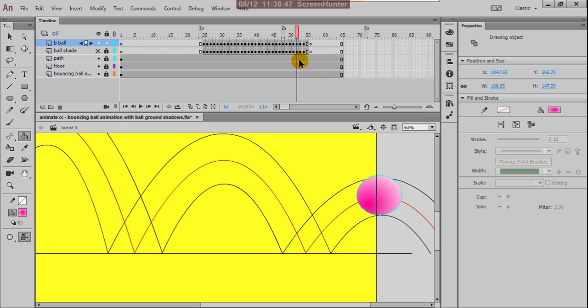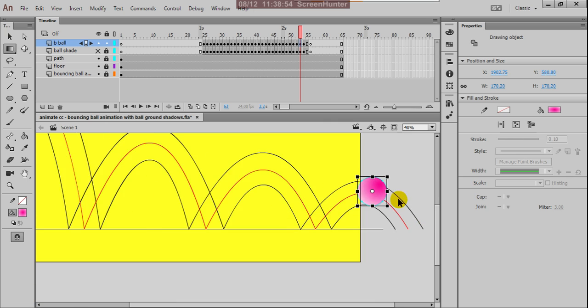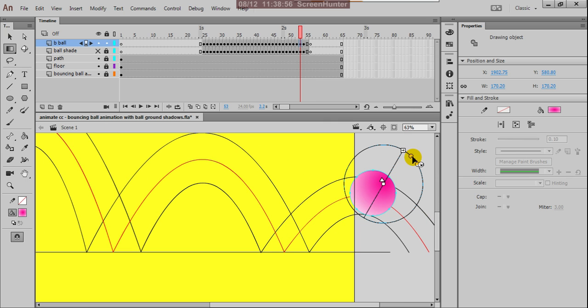Okay, right. And here, change this light direction.